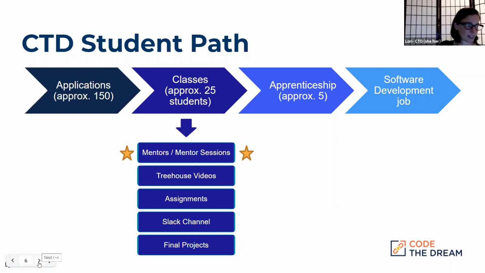In terms of what happens in the classes, there are several different aspects of the class. We did go over this later, but you all are hitting this from the mentor session aspect, which is really the most critical part of the class. We have a silly little acronym that we call MASCOF that represents all of the different aspects of our classes, which we'll be going through one by one.